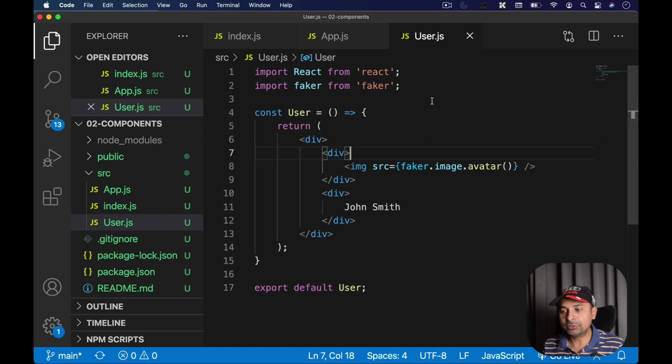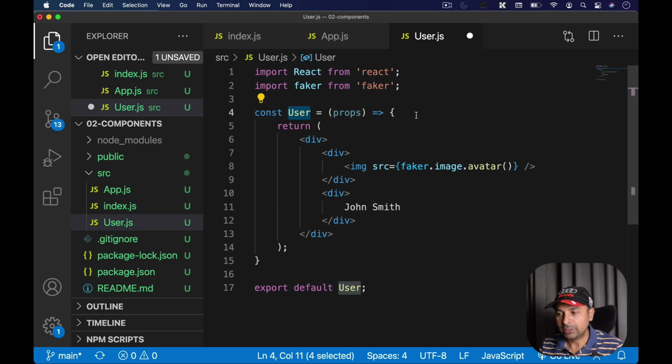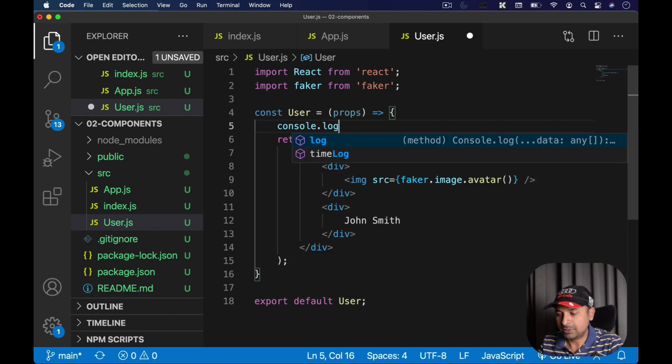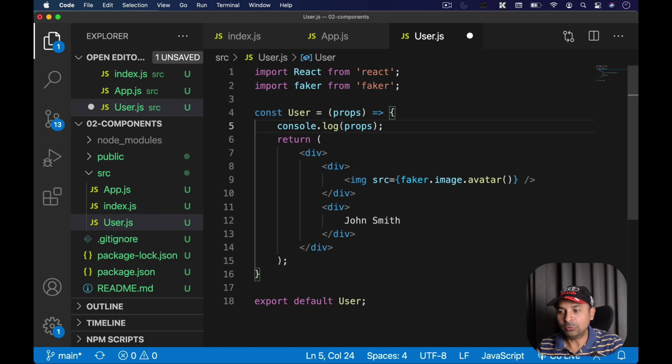Now how are we going to receive those props inside the user component? Here, this is a function, but this function gets a default argument in React. So this is a React thing. In the case of a JavaScript function, we don't get default values passed to the function. But in React, as this is a component, it gets something called props as an argument passed to this function, user, any component. And I can log this props here, and we can see what values we are getting inside this props.